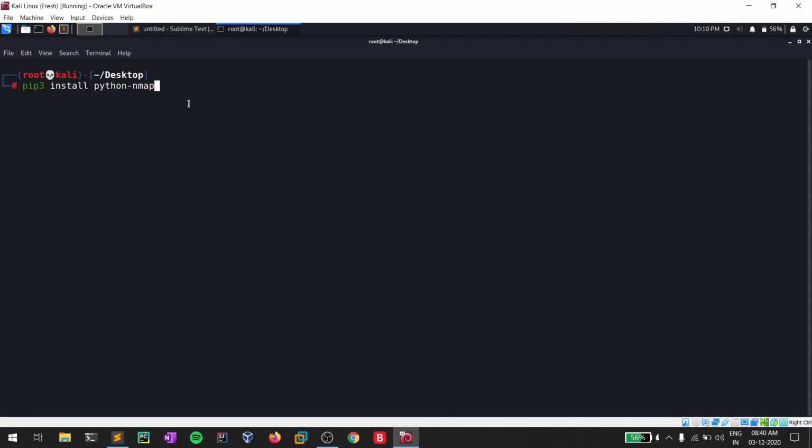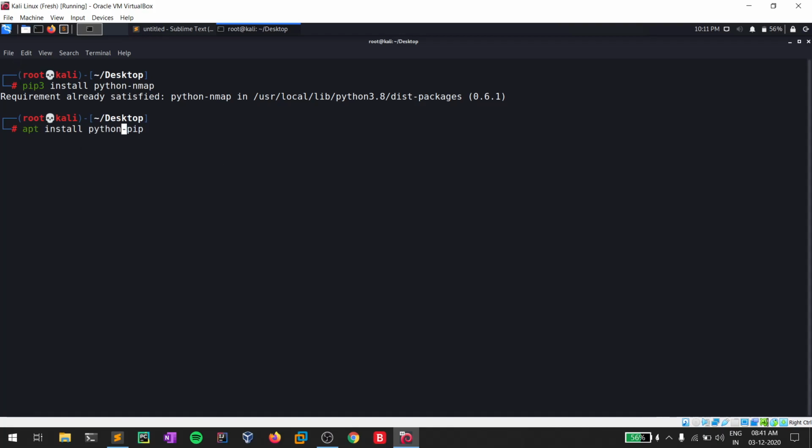You can do that by pip3 install python-nmap, and it will download it for you. Since I already have it, you can see that the requirement is already satisfied. If pip3 is not installed, go with apt install python3-pip. Then pip3 will be available in your machine.